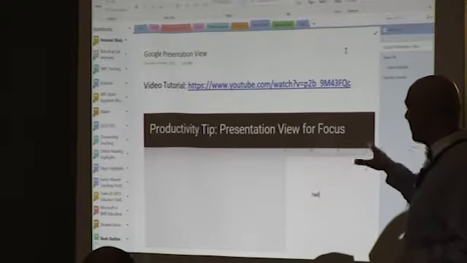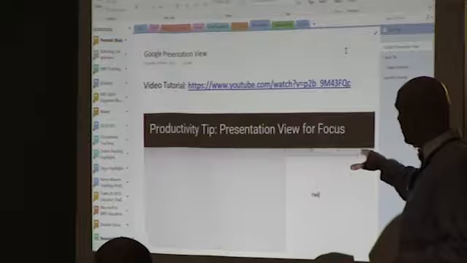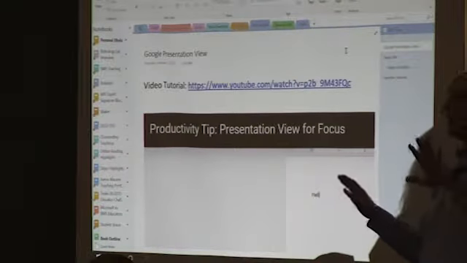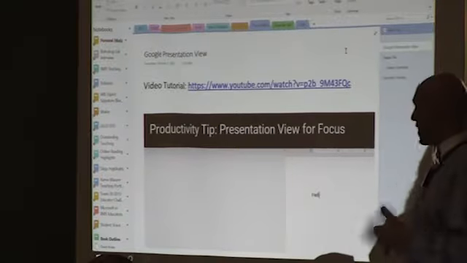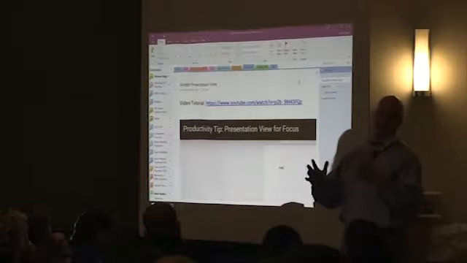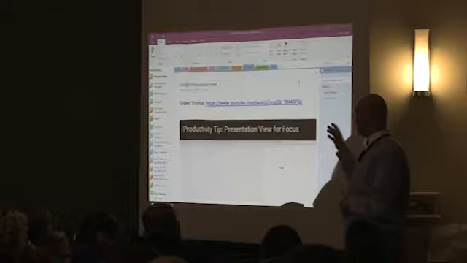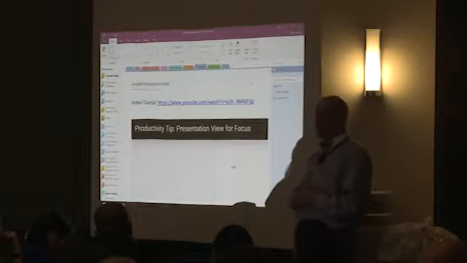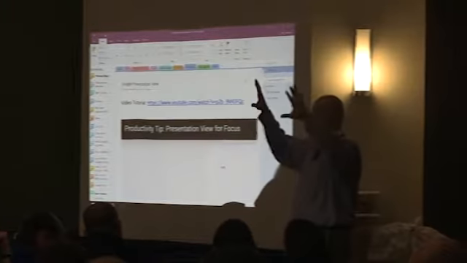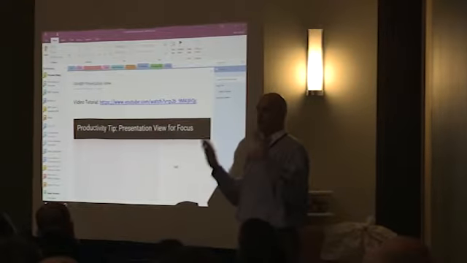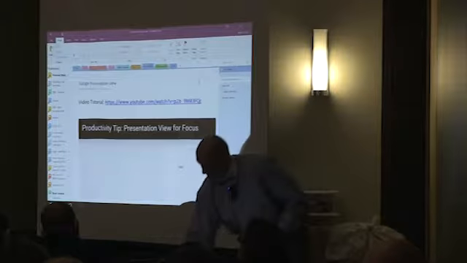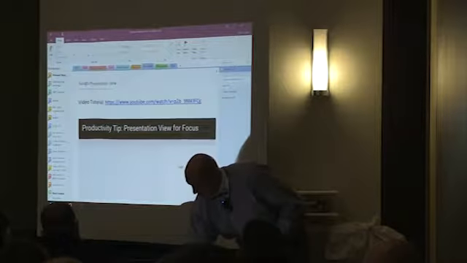And you can use this. I just use Google because that's what we use. But there's a way you can just clear out your whole screen. It's really simple. It's no added tools. You can just go right into the presentation view and you get just your document and you get just your work done. You can use this with any of the Google tools as well as Microsoft tools if you have that. But sometimes I can just eliminate all the distractions and just see a blank screen. I can actually get some focus done. So that was just real quick and easy.